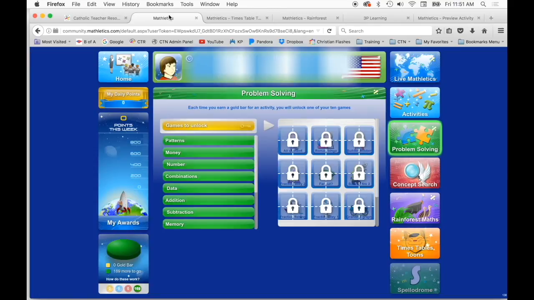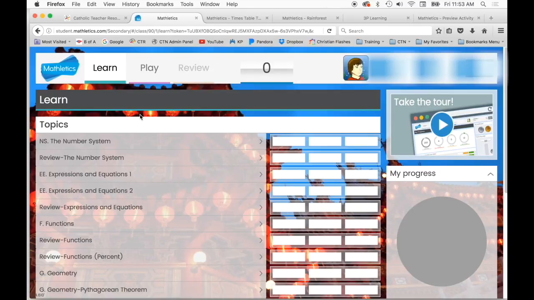Okay, coming back to Mathletics. This down here, Spellodrome, it's grayed out because that's not a subscription that we have. Now let me show you the 7th and 8th grade screen. Okay, here's what the 7th and 8th graders